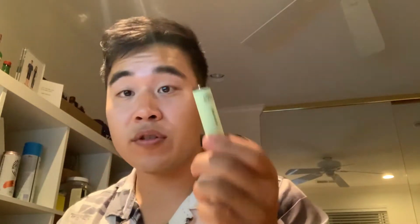Hi guys, today I'm here to show you how to refill a puff bar using the puff bar, some pliers, and a favorite select other brand bottle of juice. First, what you want to do is you take your puff bar, take your pliers here,